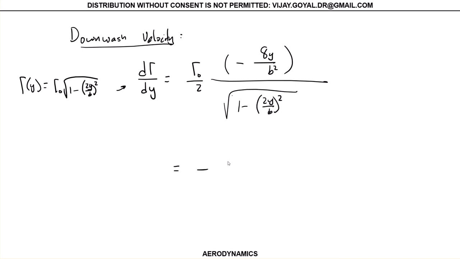You can further express this as 4 times gamma sub 0, y over b squared, square root of 1 minus (2y/b) squared. We can then plug everything into the downwash velocity equation, which gives you 1 over 4 pi, integral from minus b over 2,